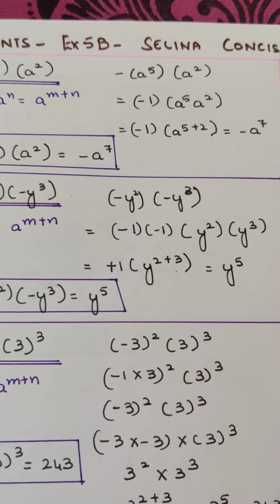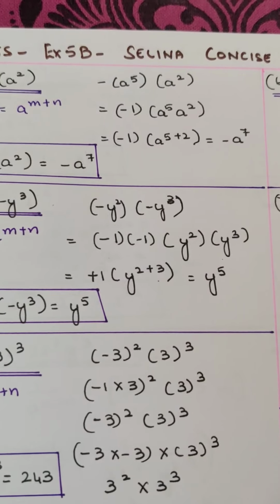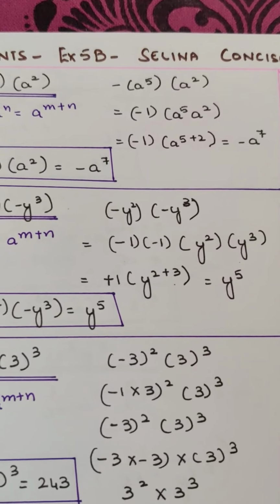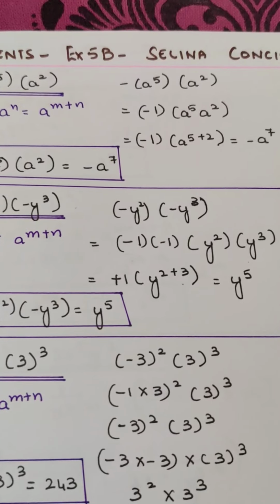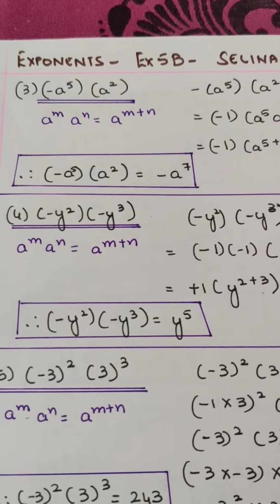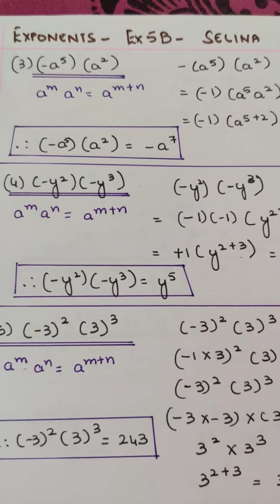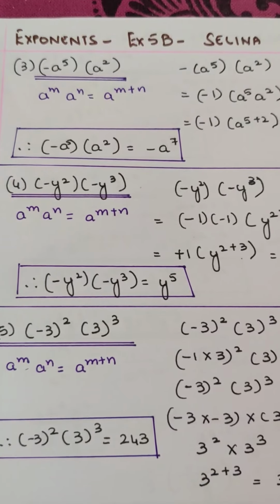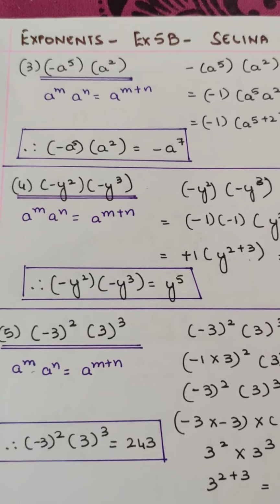So that is minus 1 into minus 1 that you take separately into y square into y cube. So it becomes 1. Minus into minus is plus 1. So y to the power of 2 plus 3 is equal to y to the power of 5. Isn't it simple? Yes. Therefore, minus y square into minus y cube is equal to y to the power of 5. It's very simple. As you just go ahead and solve lots of problems, as soon as you see the problem, you should be able to get the answer. But to score marks, you will have to write all the steps.